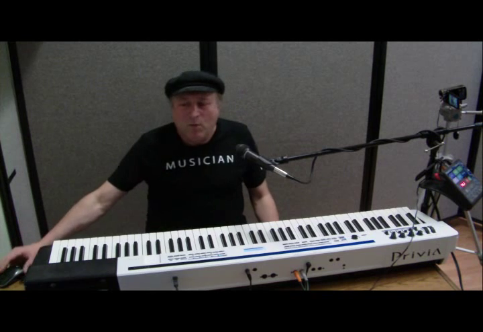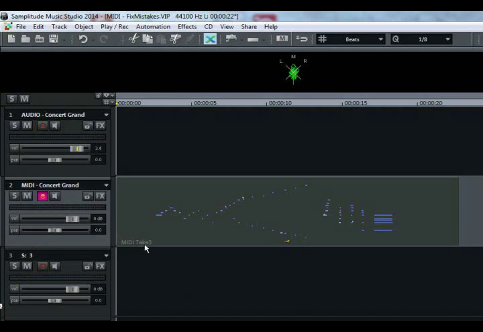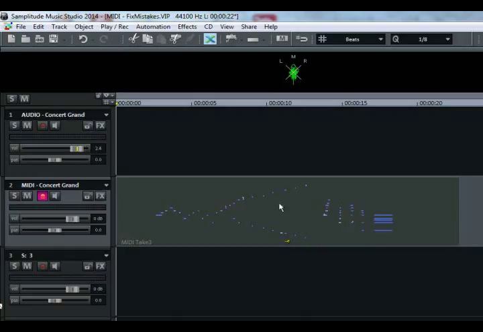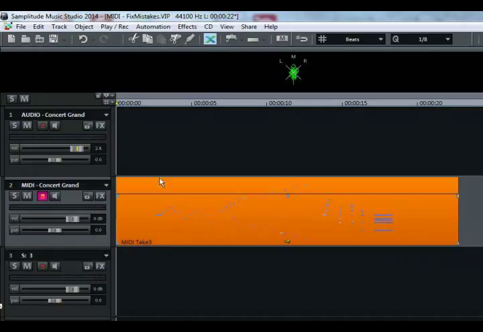Okay, so just by watching this recording, you can see that the left hand went lower and the right hand went higher on the keyboard. These are the actual MIDI notes. These are the actual keys that I was hitting. It records the keys, not the sounds. And over here, if you recall at the end, I held those keys longer, and that's what this is showing right here. So when I go and play this back,